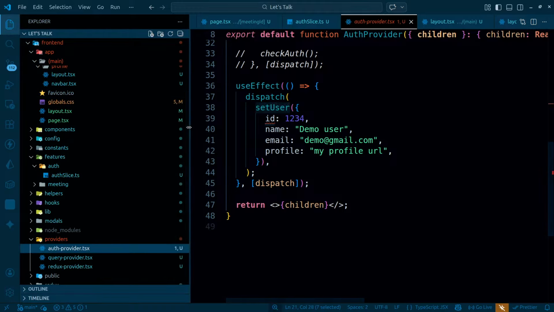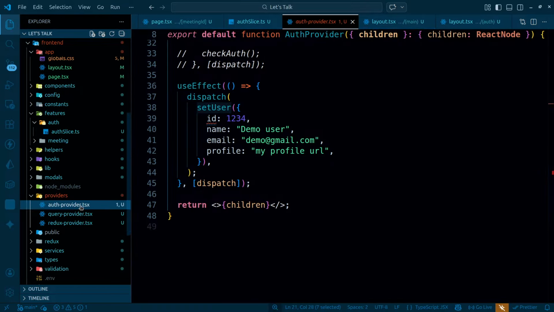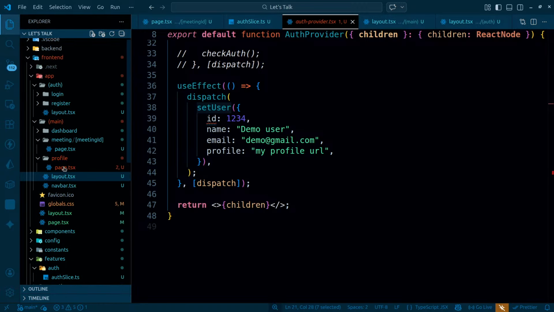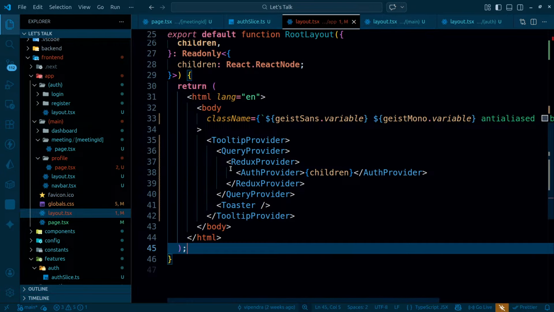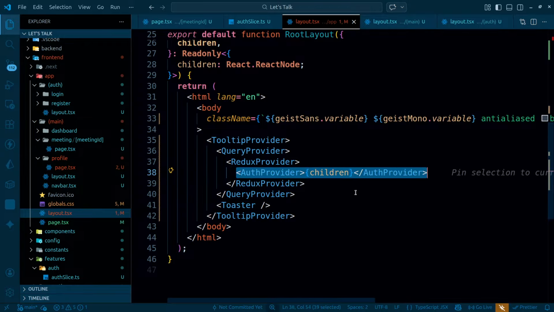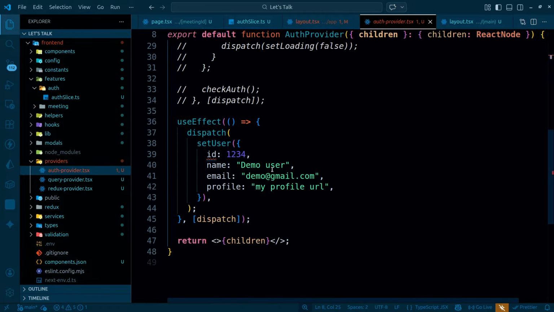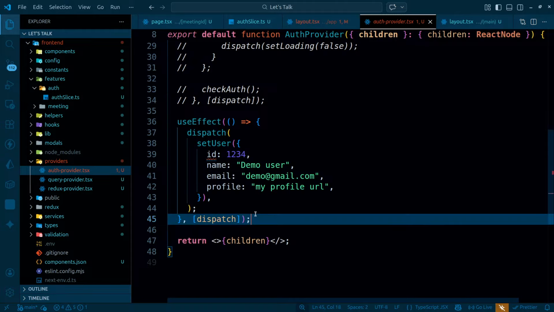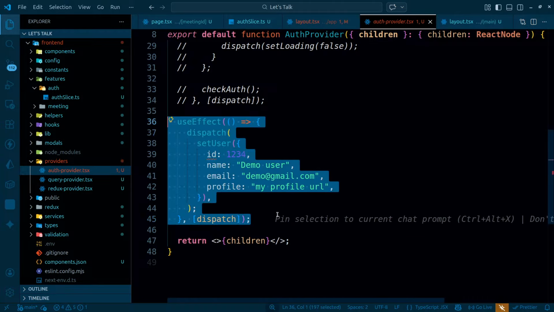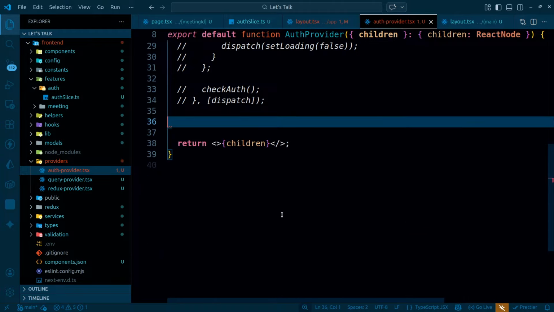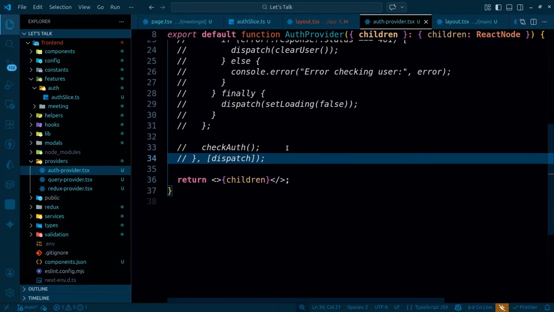Coming back to this one, I actually need to go to auth provider, and auth provider is wrapping what? Auth provider is wrapping almost everything. So if I go to this main layout.tsx, it is wrapped by auth provider. That simply means auth provider runs in the beginning, and when this particular auth provider runs, I was just setting the value directly over here. So the value was already being set. What can I do? I will just simply get rid of it, and I will